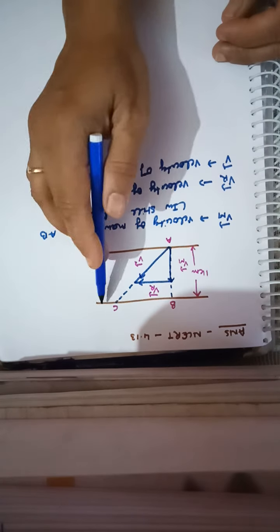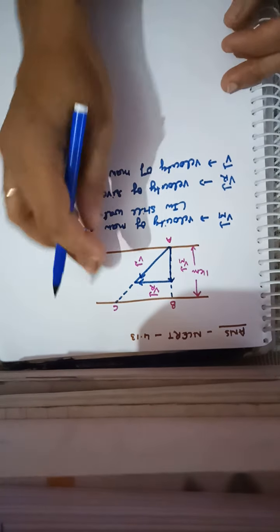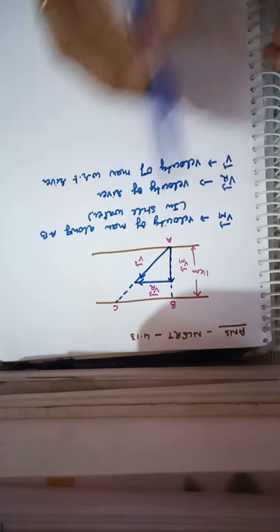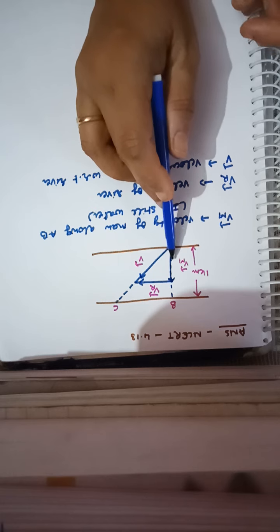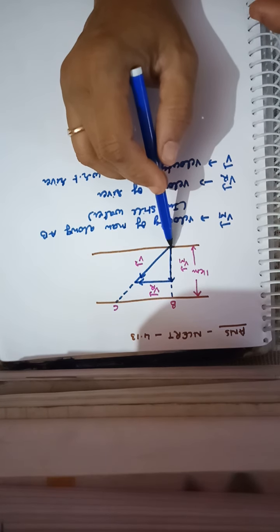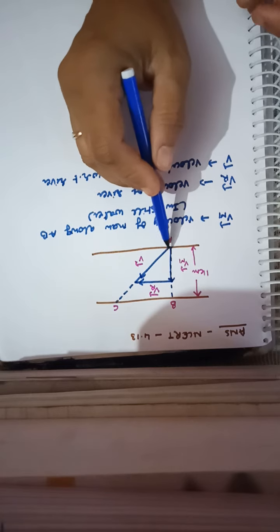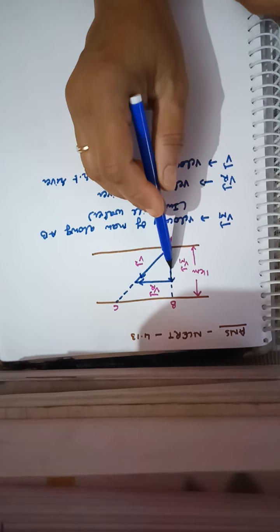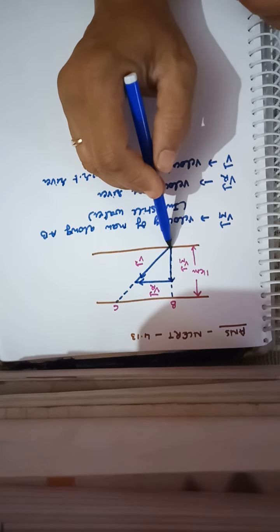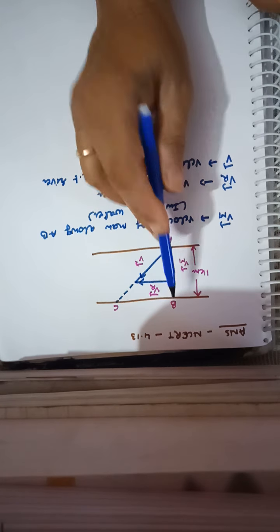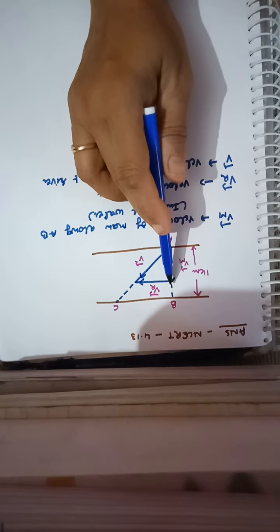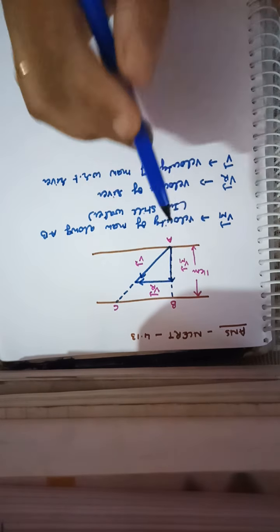So here I have taken, this is the river. These are the two sides of the river, one side of the river and the other side of the river. And the river is not flowing, meaning no river current. So the river is still, the water is still. So the man can swim with the velocity of vm in the still water. So he can go in this direction, A to B. So A to B is the direction of the man in the still water.